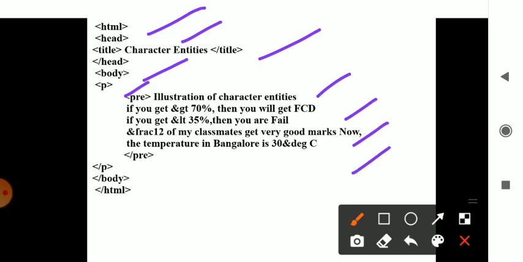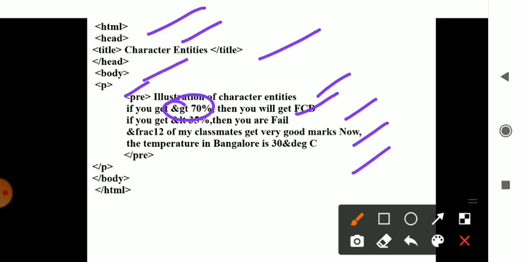First, pre is used to include white space. The first line printed is an illustration of character entities. In the second line you can see ampersand GT 70%, which is nothing but greater than 70%.